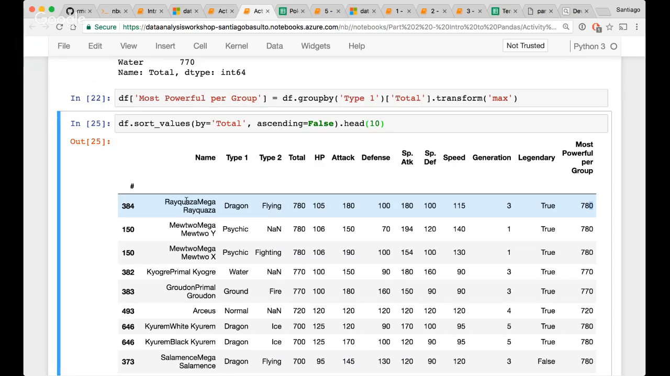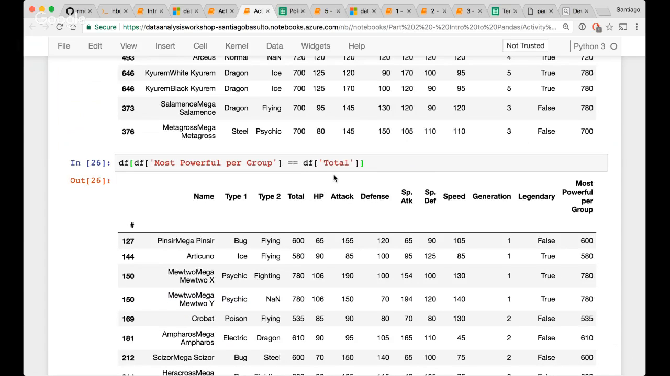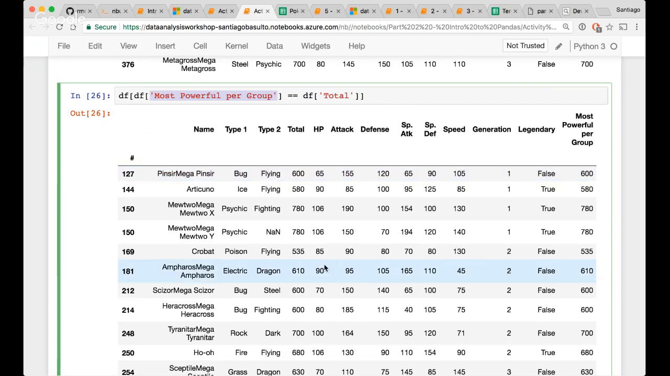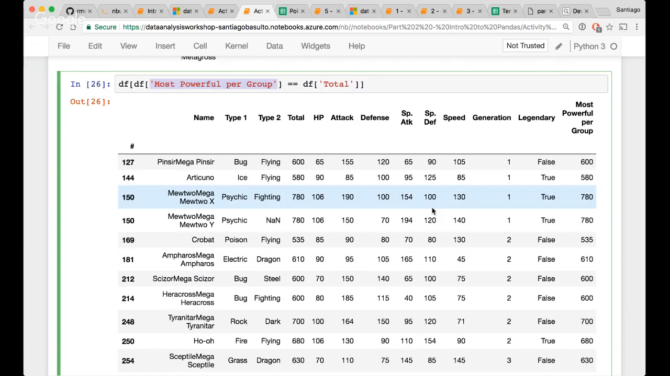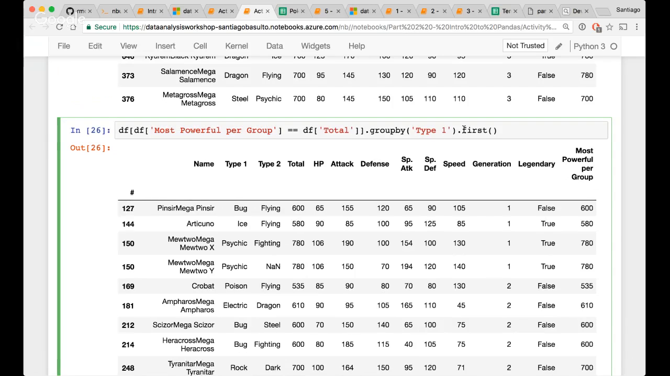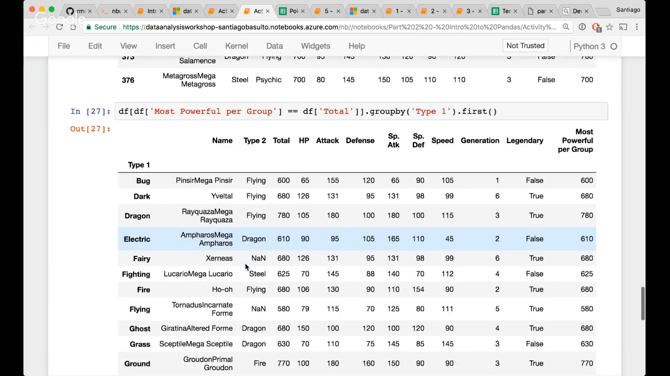So the only thing we have to do then is filter by type, right? So give me all the ones whose total equals the most powerful by group. As simple as that. And then what I'm doing is just grouping by type 1 and getting the first one, because again, we want to get one, but there might be repeated. Finally,